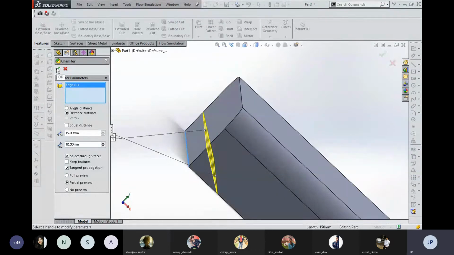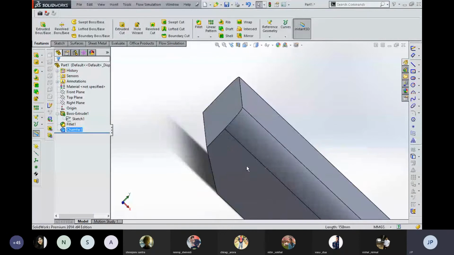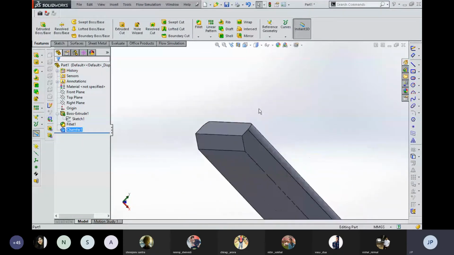And then if you want to finalize the editing part, you just have to click exit. Now you can see that the corner of this component is filleted as per the dimension given by the user. So these are the first tools for modifying a component as per our need. Till now, if anyone has any query, let me know. Otherwise, I'm going to continue.